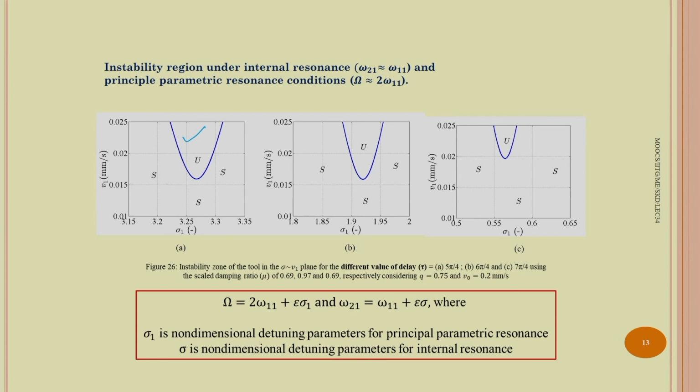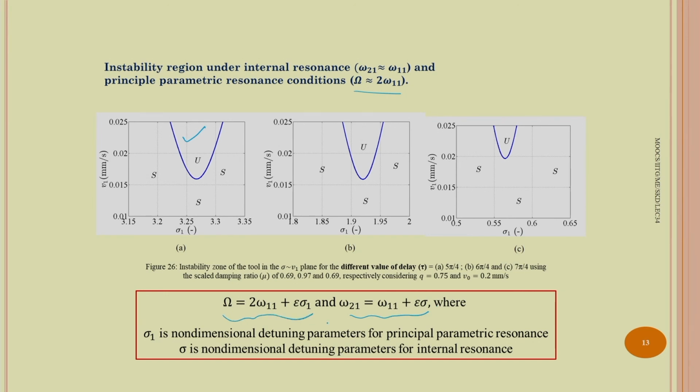So, we are considering this 1:1 internal resonance condition in this case. Along with this, we are considering the principal parametric resonance conditions also, that is capital omega equal to 2 omega 11 plus epsilon sigma 1 and omega 21 equal to omega 11 plus epsilon sigma. So, this is the internal resonance condition and this is the